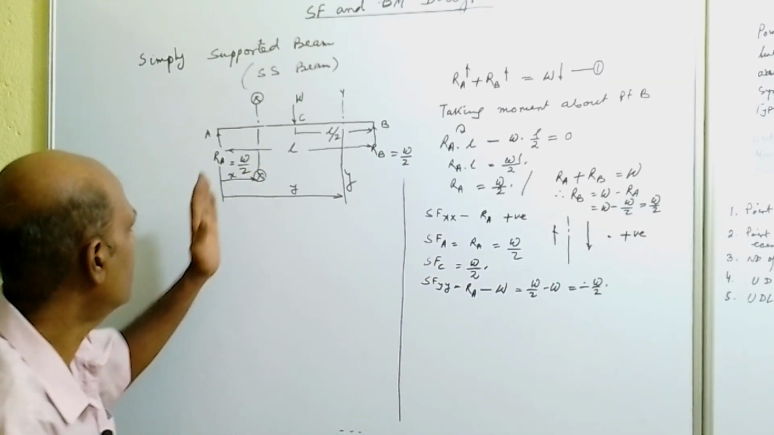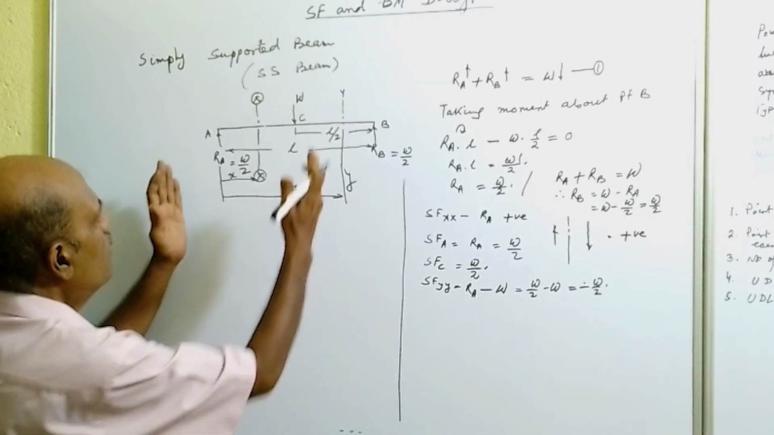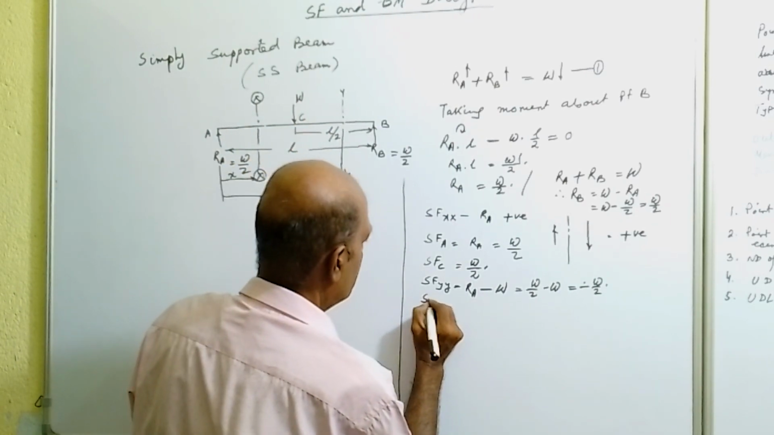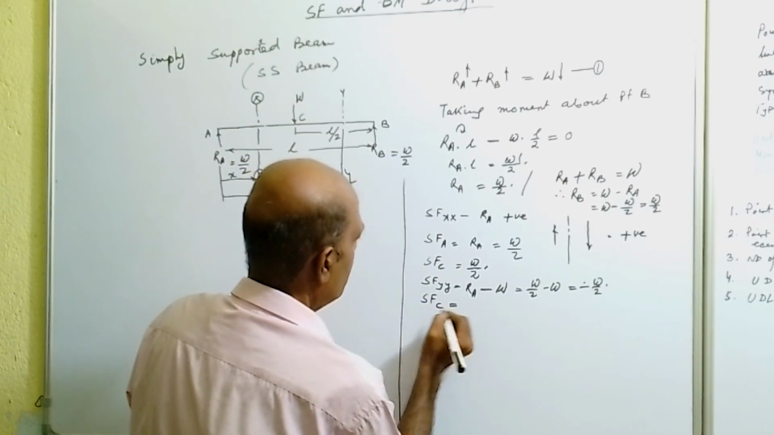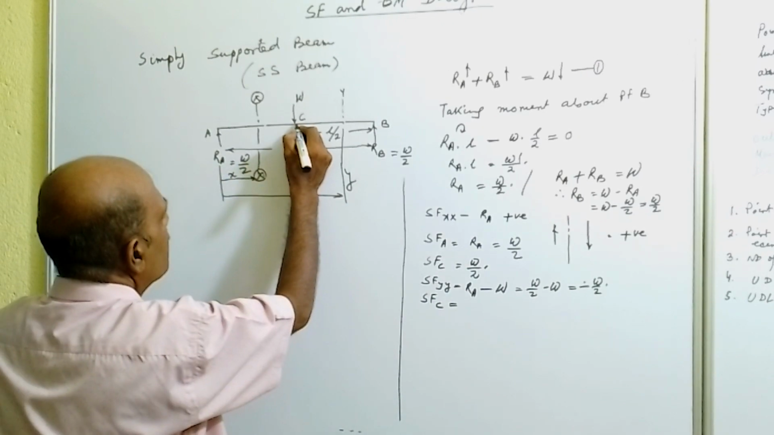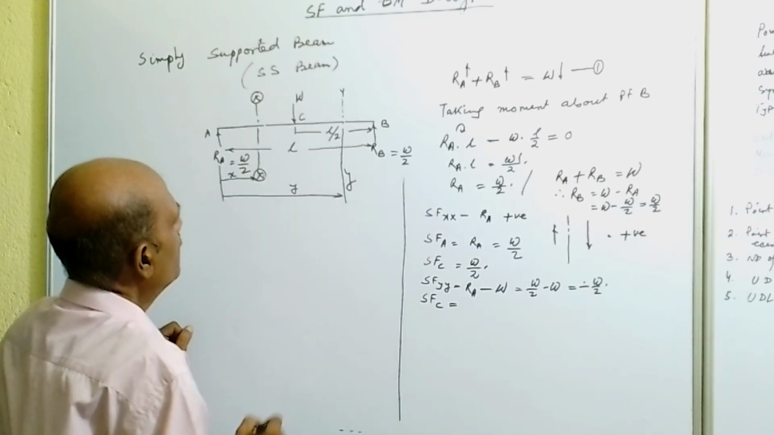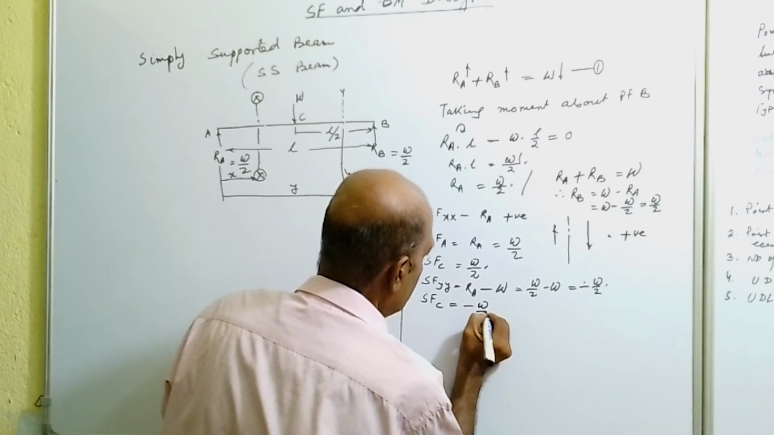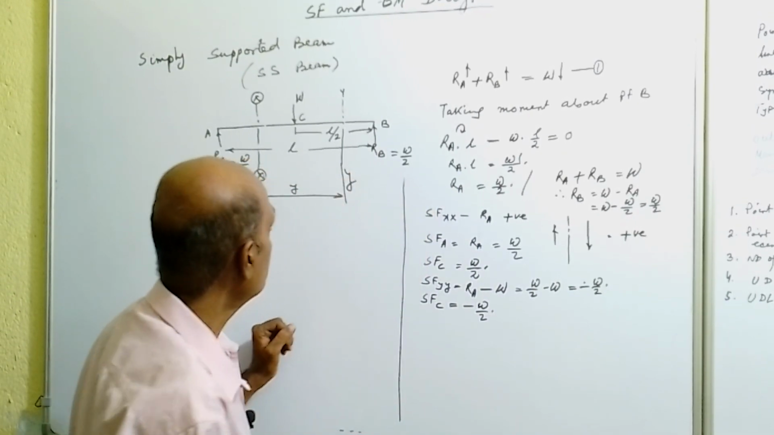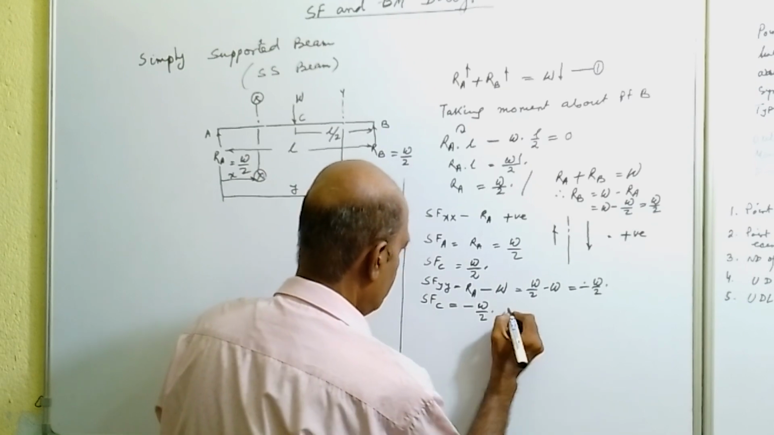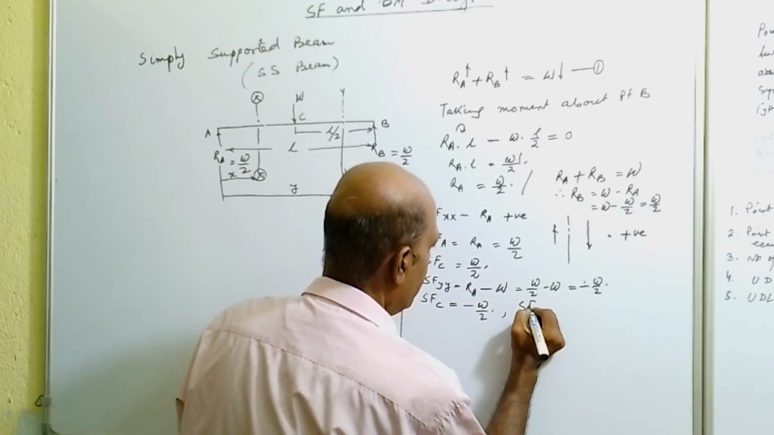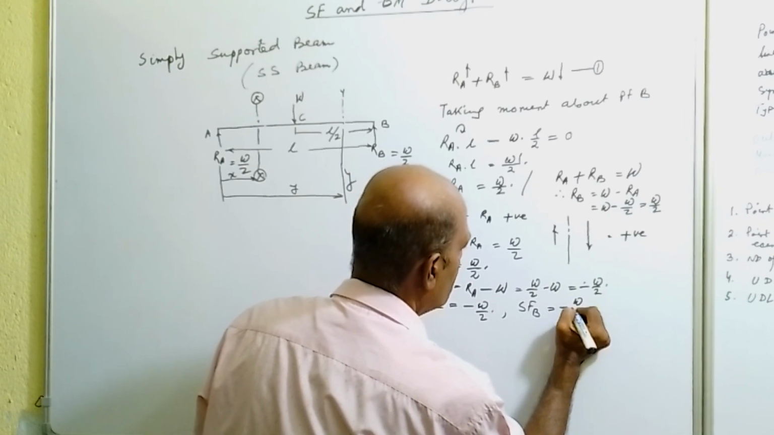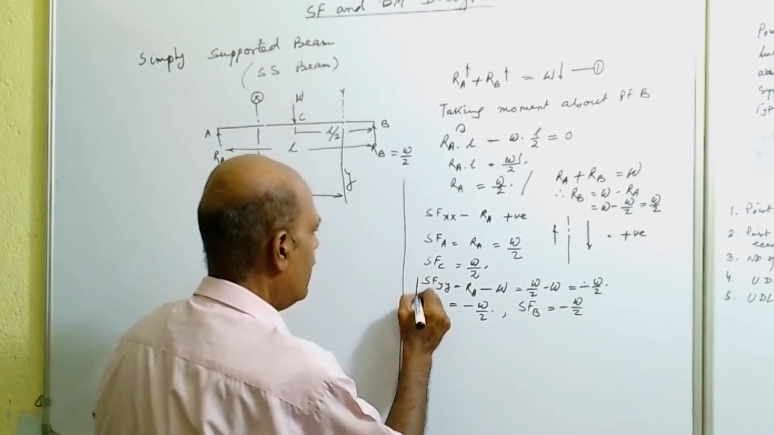Now slide the section to point C. So we are sliding this section to point C, so we will get shear force at point C. Point C means one point right to point C. So that will remain same, that is minus W by 2. Slide the section to point B. So it will give shear force at point B. That also will be equal to minus W by 2. With this information we can draw